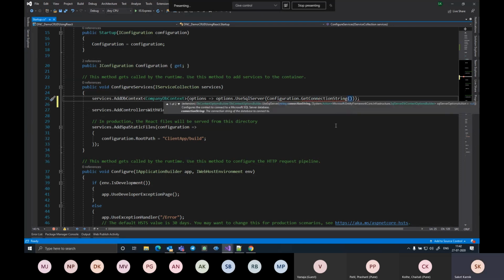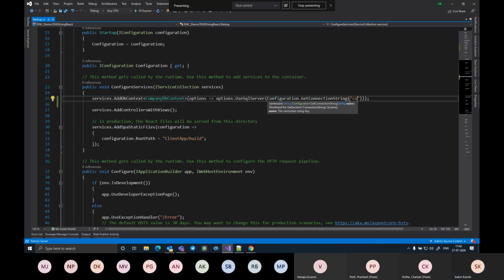To which I need to pass the name, which is actually the key that I've provided to the connection string, which was CS. So this will retrieve the connection string and will set up a SQL Server based backend for working with this company DB context class. Once this is done,